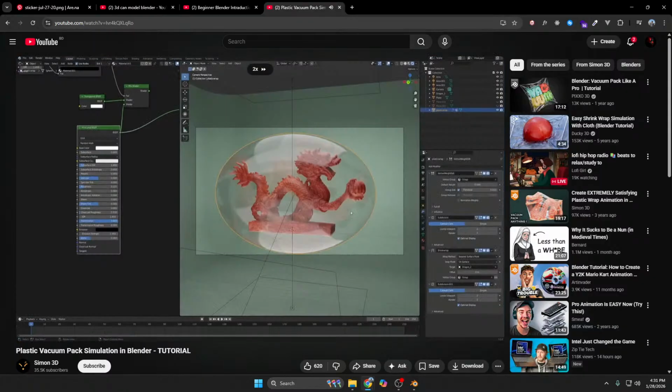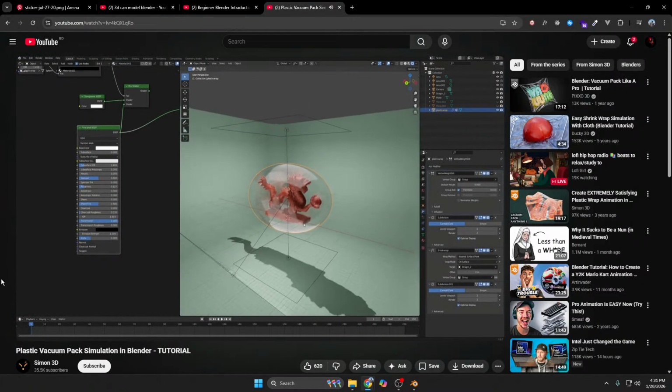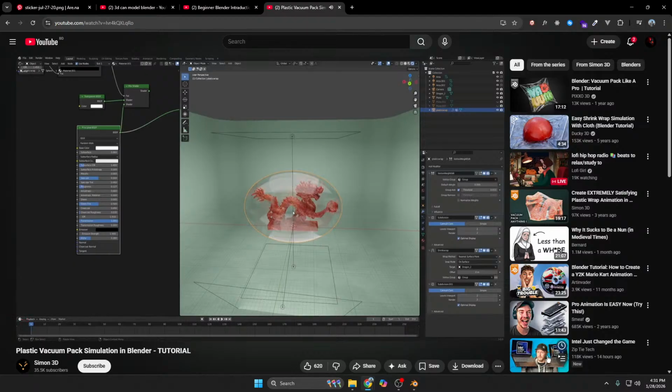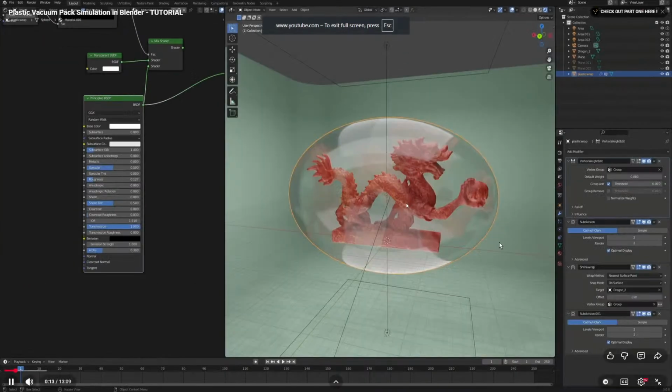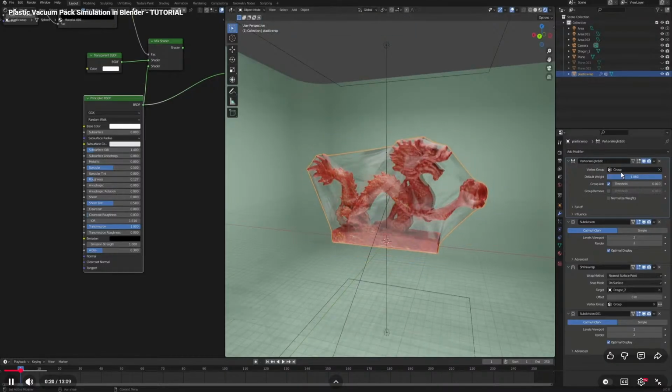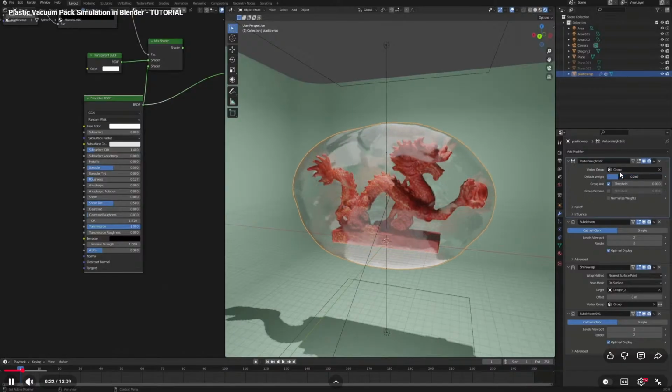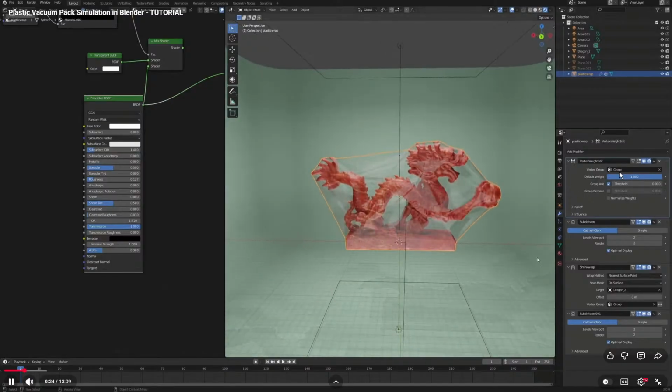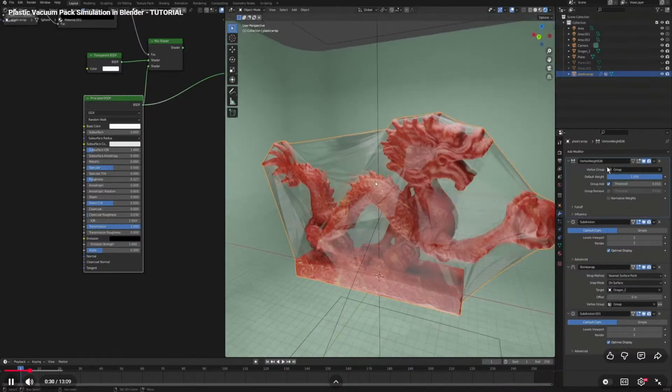Hello and welcome to part 2 of my tutorial where I show you how to wrap things in plastic, where in part 1 we have created this setup where we are using shrink wrap modifier and we can control the amount of wrapping on our object with this slider. And in part 2, instead of using the shrink wrap modifier, I want to use a cloth simulation, which is not gonna give us the exact same result, but